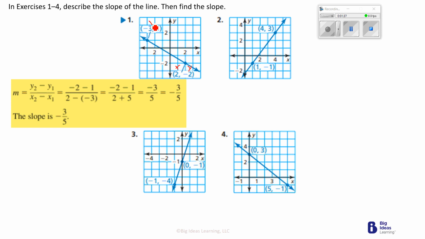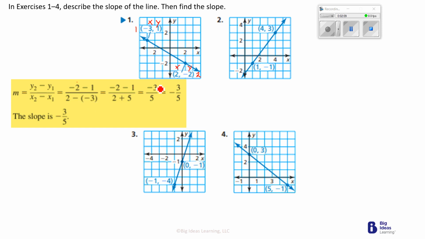So, in saying that, that means that I have to pick one as my number 2, right? And one is my number 1. So I'm going to make this my number 2, and this my number 1. So my y number 2 is negative 2, and my y number 1 is my y1, it's minus 1, right? And then the next one will be x is 2, and I'm going to minus negative 3. And negative times a negative is a positive, so that would give me 2